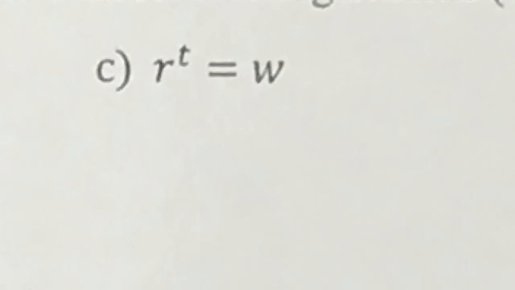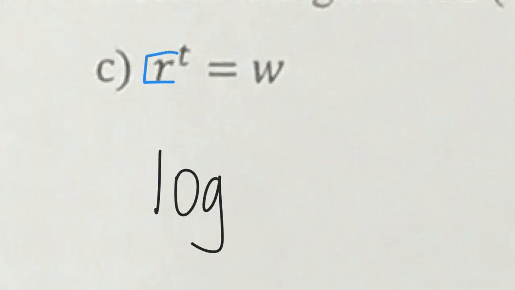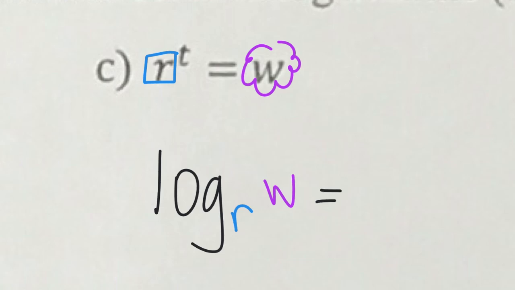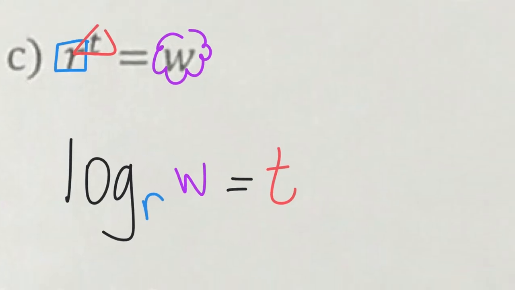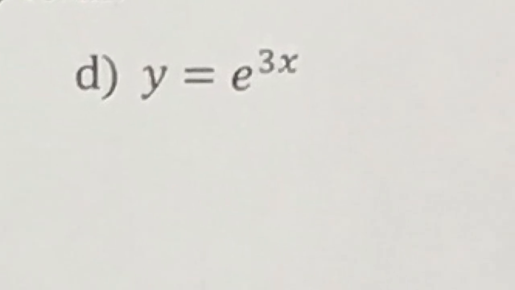Okay, r to the t power equals w as a logarithm is log base r of w equals t. Okay, so this is how we say that. Log base r of w equals t. So you say the word base before you actually say what the base is. Log base r of w equals t. Okay, log base